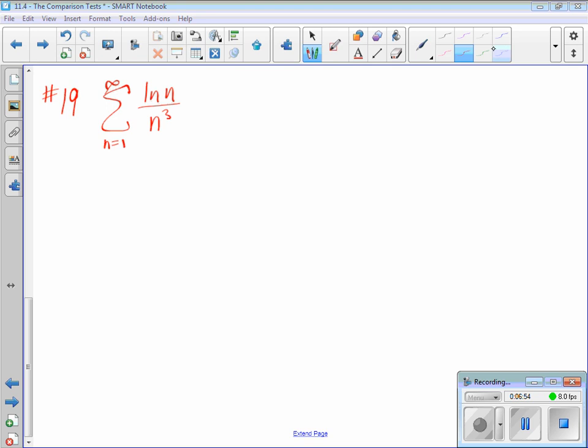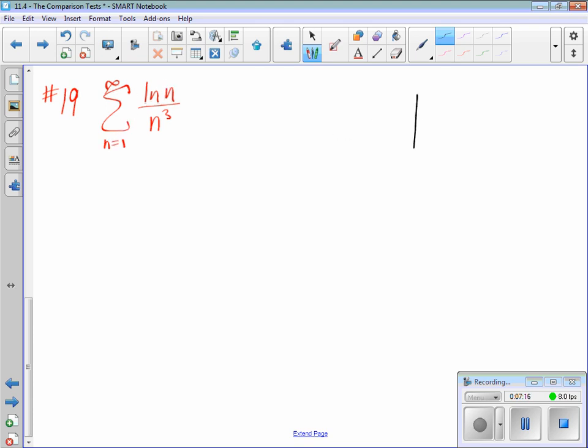Okay, I kind of skipped this on 23. We need to actually do the 3 things at the beginning here. So do we know that this is always positive? If you plug 1 in, what do you get? Which is? 0. So it starts out 0, but then if we plug in things bigger than 1, think of the natural